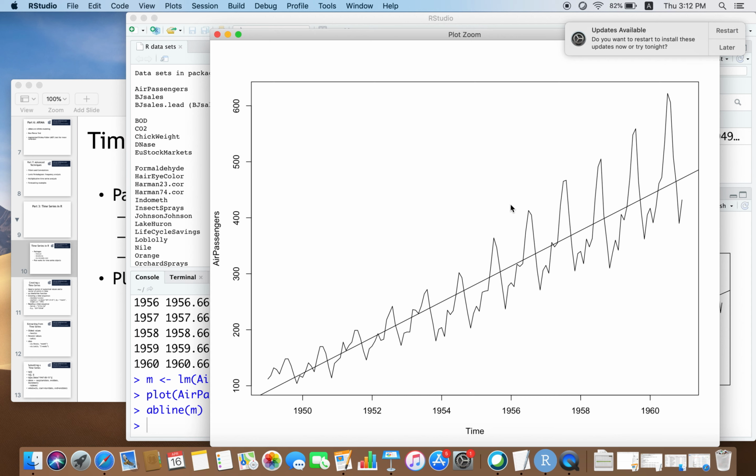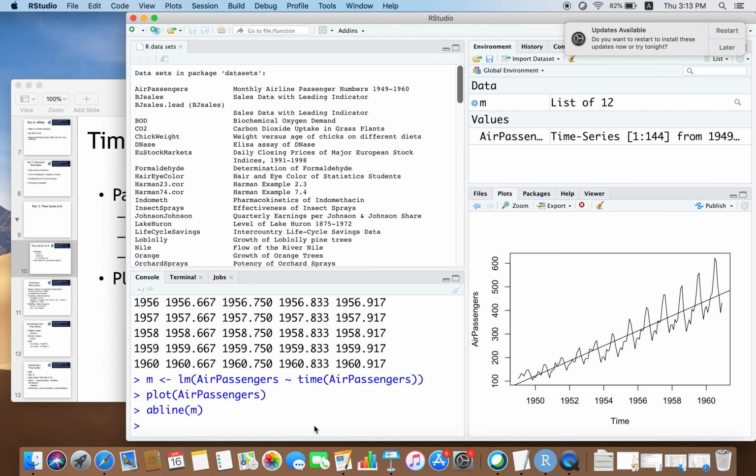The trend has not been linear. Somewhere here, most of the data points are below the line, here a lot of the data points are above. So, the actual trend is not linear, but I have used linear regression, I have fitted a linear model to this, right. So, how do we get a better model of the actual trend in this particular data?